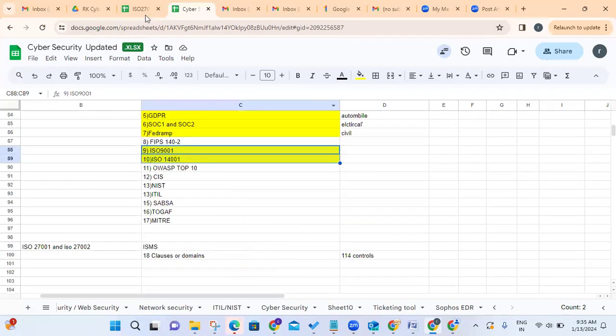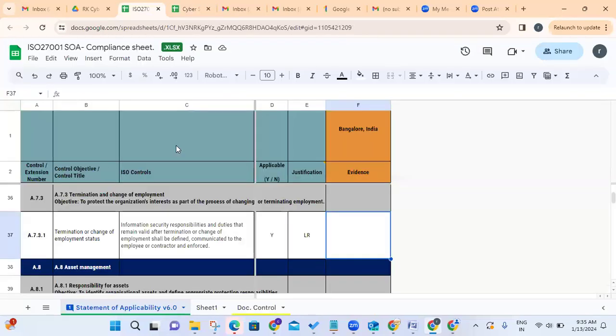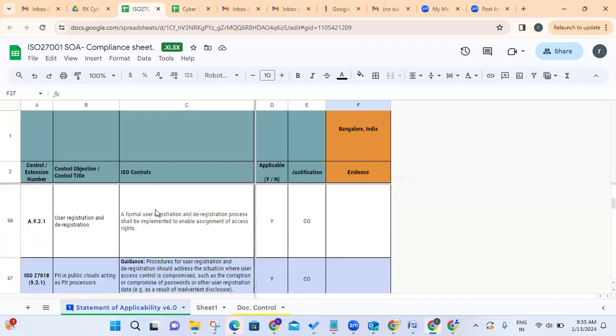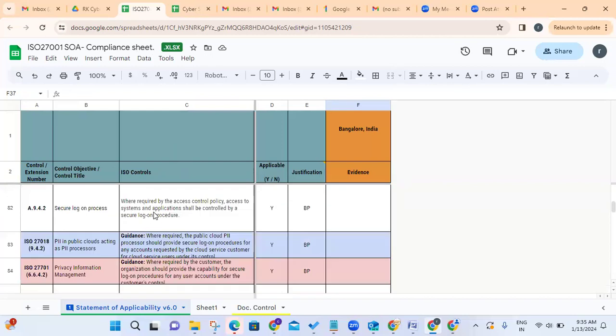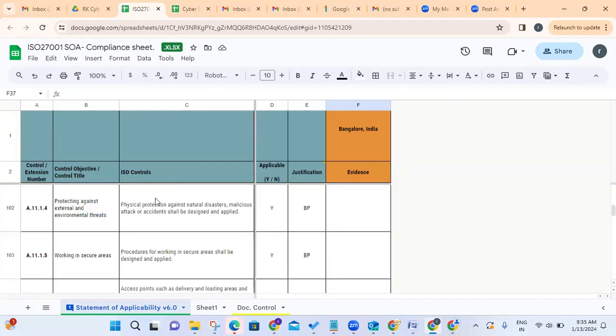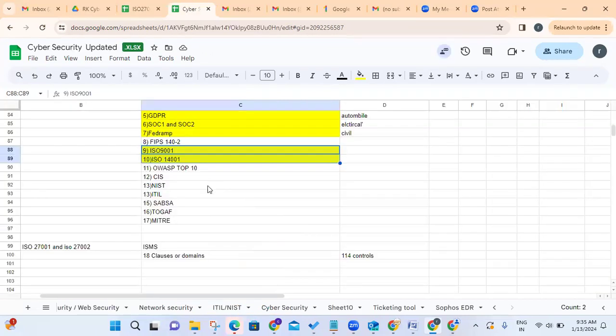So this sheet I uploaded already. Please go through this sheet and let me know if you have any queries, questions or comments. We can see one more thing, maybe the SDLC life cycle, that will fall under, I think, the